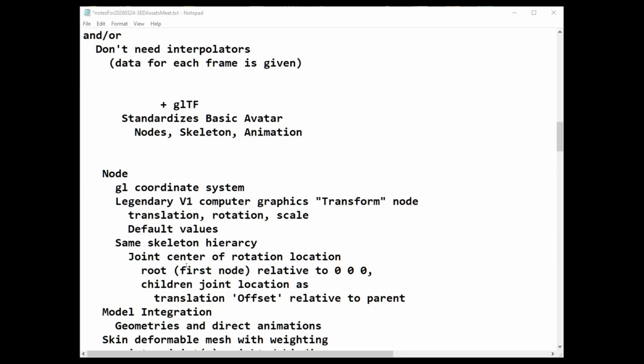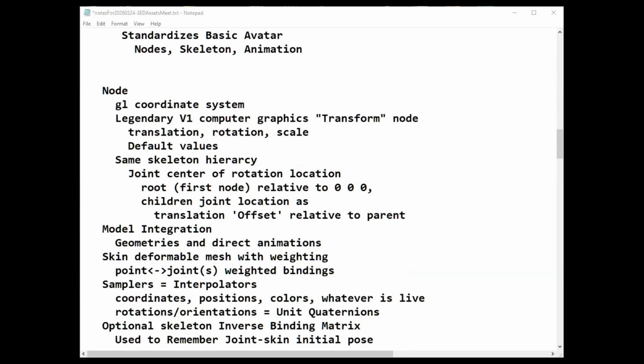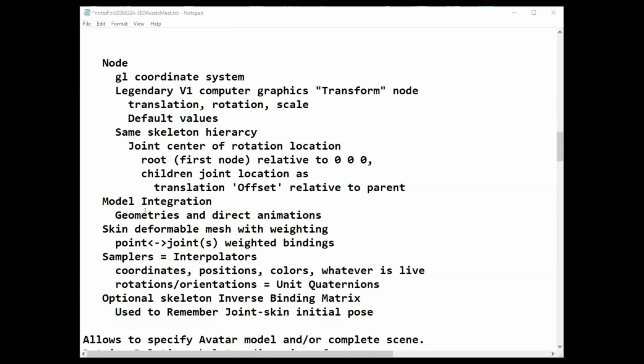It's the same kind of skeleton hierarchy as H-Anim, because it uses what I call the legendary transform: the root is the first node relative to 0, and then the translation is given relative to the parent. It's the typical way it works. glTF also offers model integration. We can have geometries and direct animations. We can really build a scene, or at least a humanoid avatar character, in glTF.